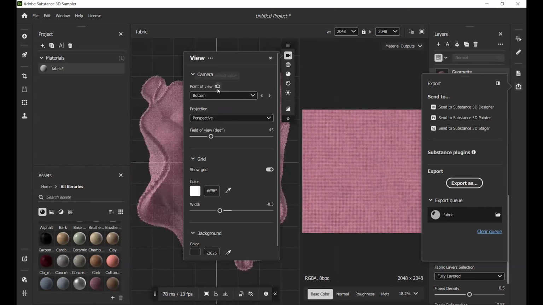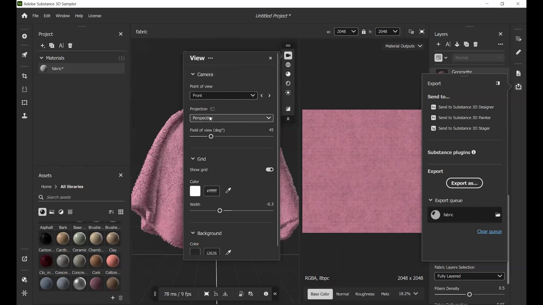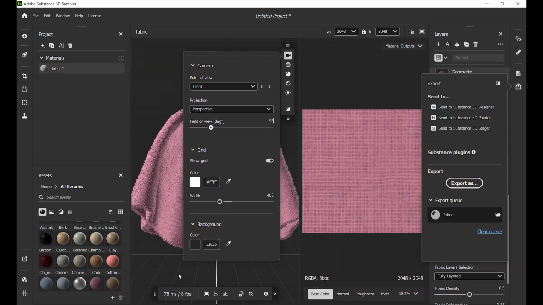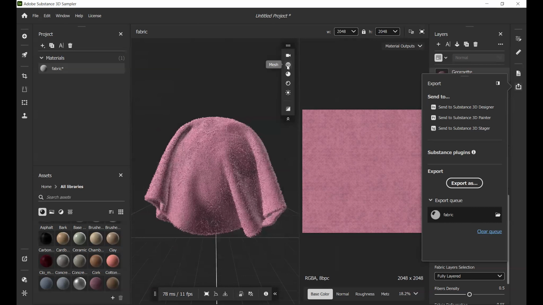Okay. So you can use this, and you can change the field of view. Usually I keep 55, but it's up to you how much you want. Maybe you want to change the back color, you can do that also here. Yeah. So this is camera.